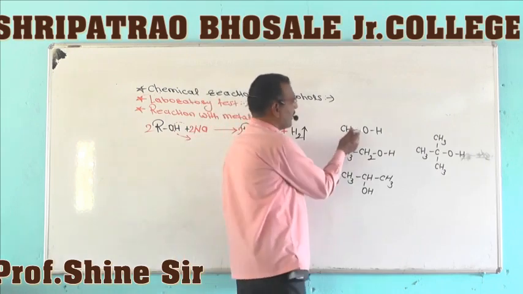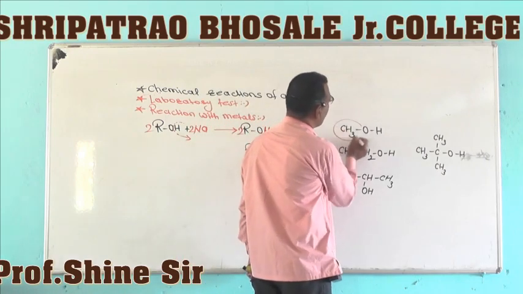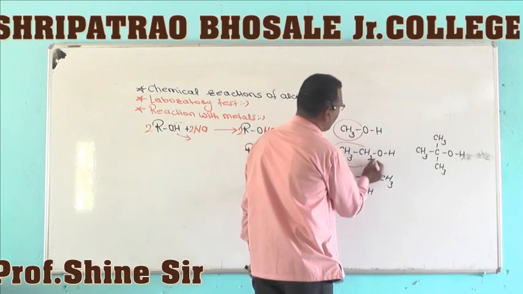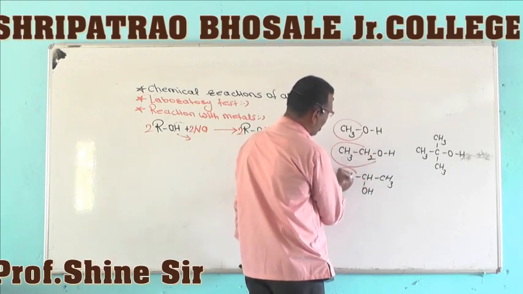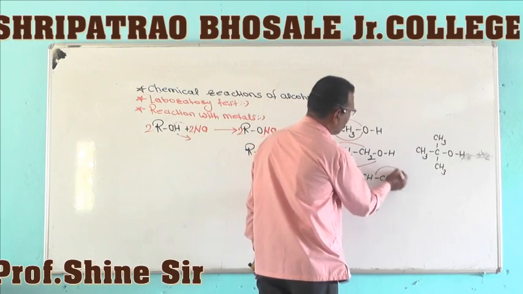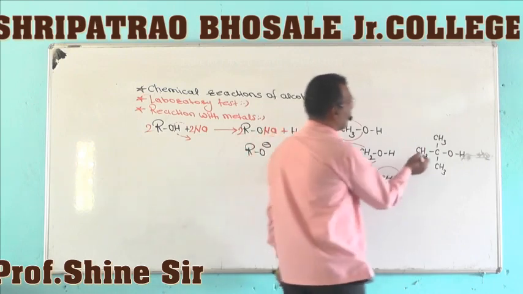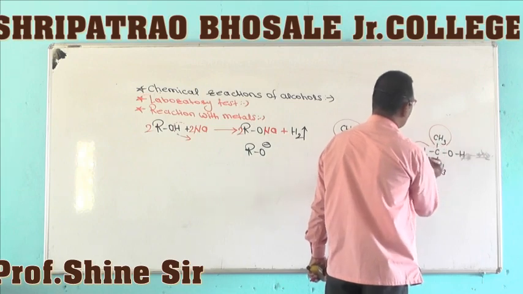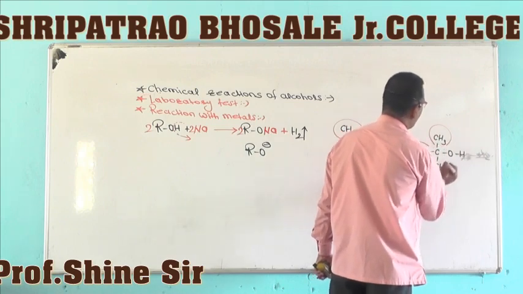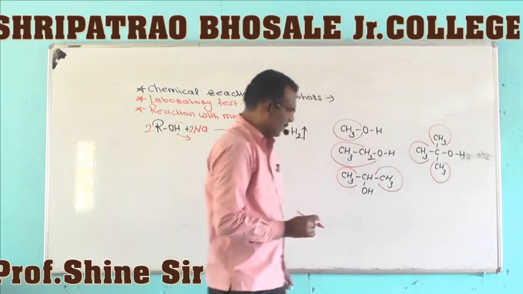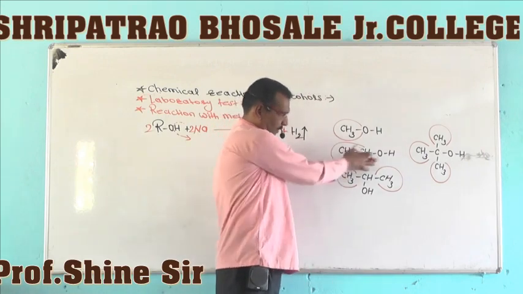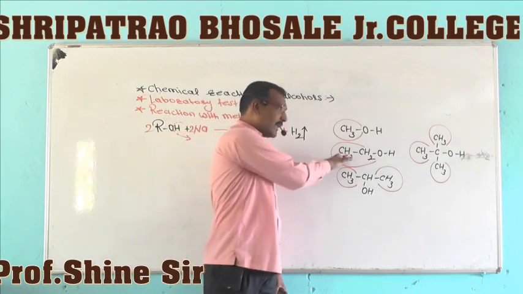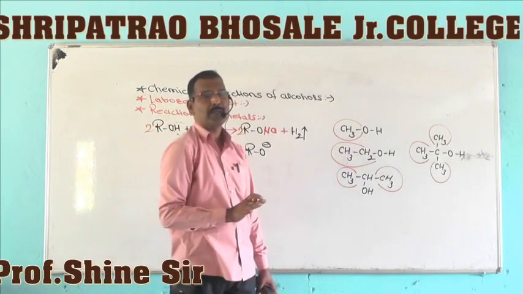That means in methyl alcohol there is presence of this methyl group, or in ethyl alcohol there is presence of ethyl group, or in isopropyl alcohol again there is presence of these two methyl groups, or in tertiary butyl alcohol there is presence of three methyl groups here. So if we compare, all these are weak acids, but the most acidic in these alcohols